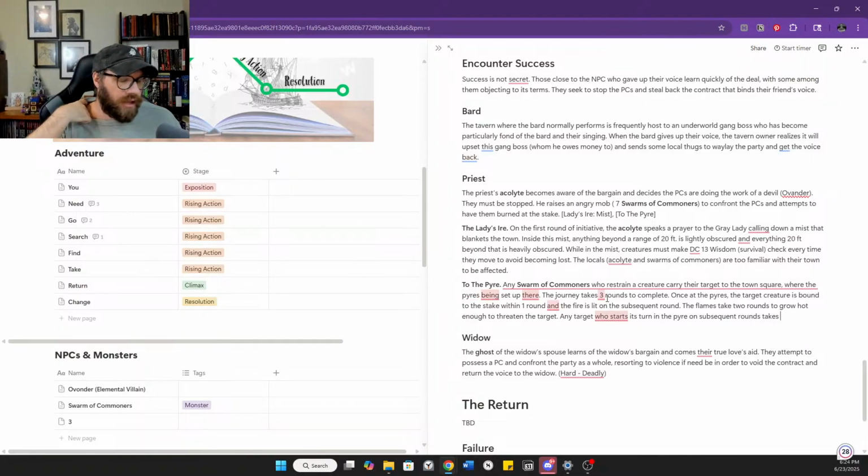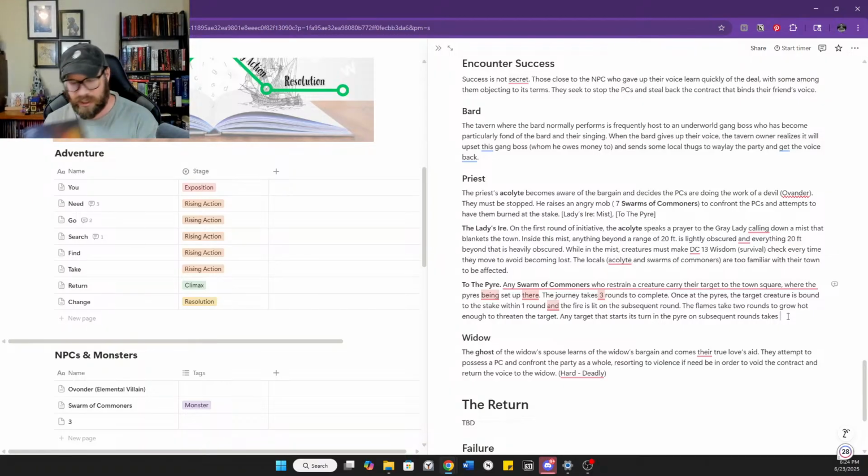This is a big flame here, right? And so this is more than just whacking somebody with a torch, which is like 1d6 kind of damage. This is a serious amount of damage here. And so this is the kind of thing where I would go to the improvised damage tables